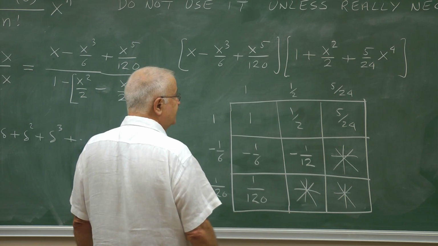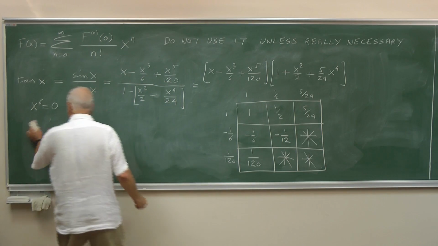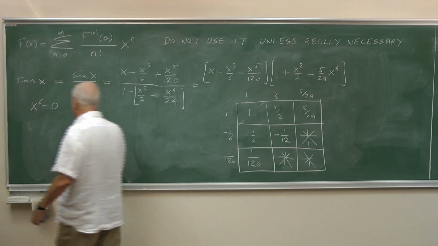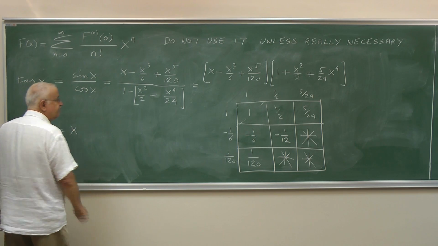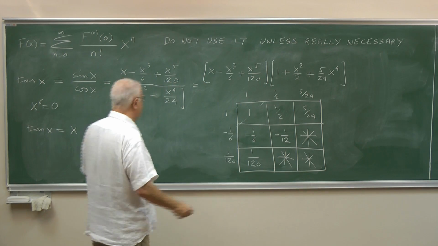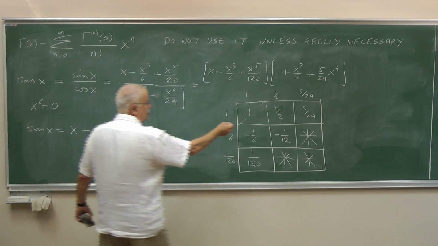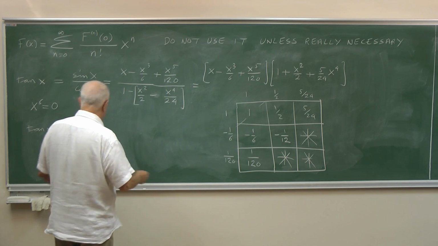How do we add these? We add these diagonally. How? Well, 1. So tangent x equals to x. Then 1/2 minus 1 over 6. We know that. That's 3 over 6 minus 1 over 6. 2 over 6 or 1 over 3